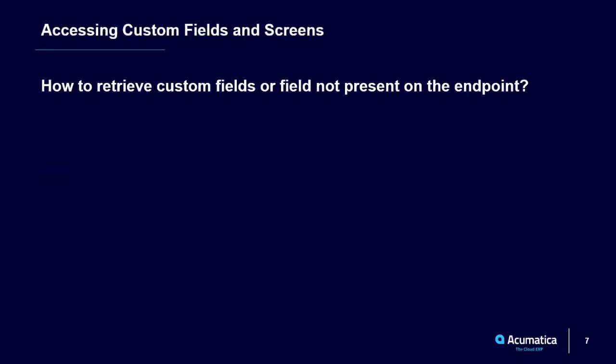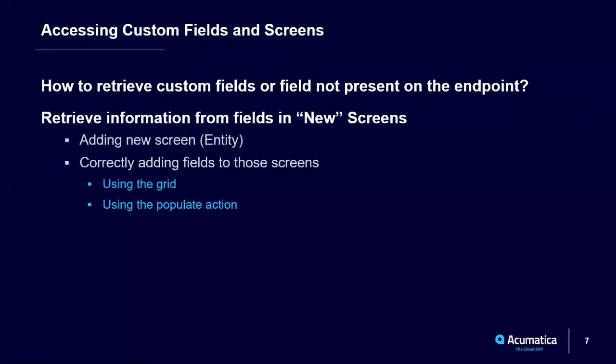Okay, so now if we want to cover accessing custom fields and screens, how to retrieve custom fields that are not present on the endpoint, it depends on two different scenarios. If these fields are present in a new screen, when I say new screen, it is a screen that is not present yet in the endpoint, you will have to add that screen to the endpoint in the form of an entity, and then you will be able to add